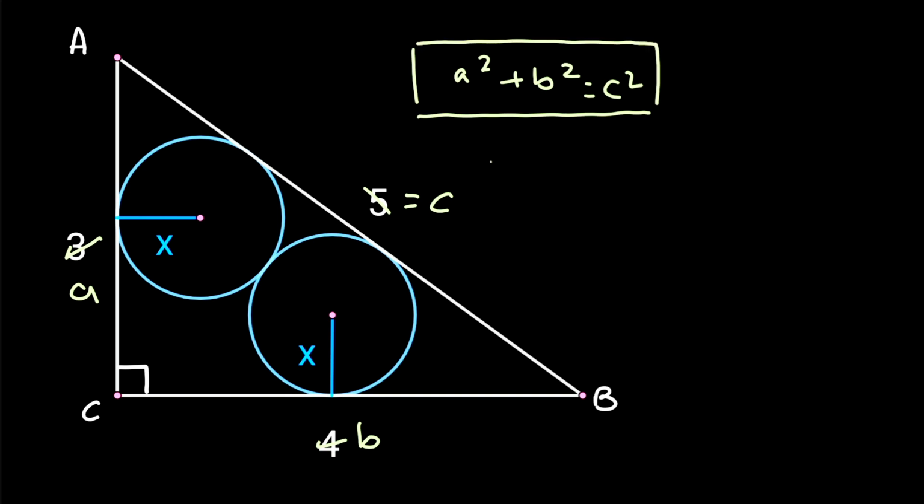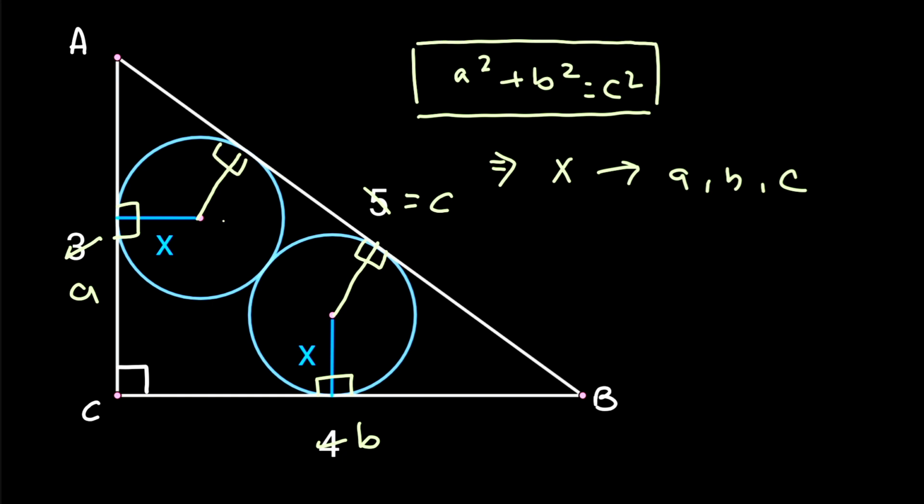Now as we have taken the side lengths of this triangle as variables A, B and C, the goal over here is to find the value of X in terms of A, B and C. So the first thing that I will do is utilize the fact that all these points are tangent points. We know this theorem very well, that the angle formed at the point of contact of the radius and the tangent line is always 90 degrees. Therefore the angle over here is 90 degrees, over there that is 90 degrees. Similarly, if I draw the radius to these points also, the angle over there would be 90 degrees.